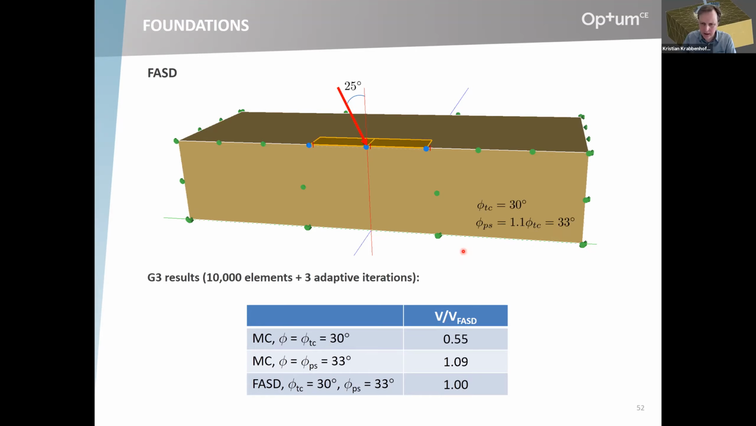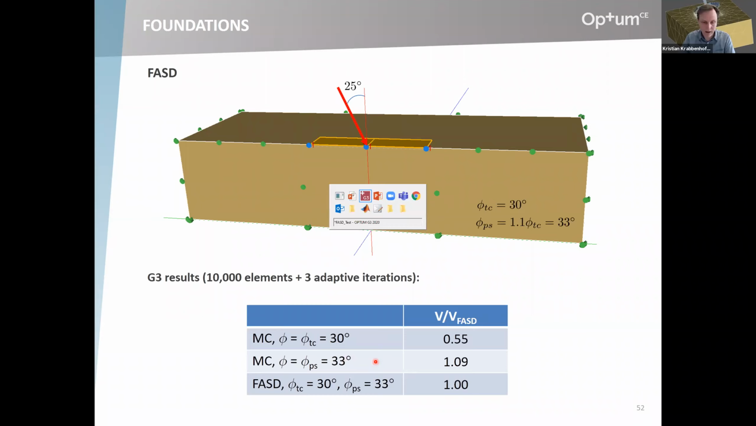So an inclination of 25 degrees. And the results here in normalized form, so FASD is 1, and then the Mohr-Coulomb with the plane strain angle is 9% above, and then the Mohr-Coulomb with the triaxial angle, about half the capacity. So in this case, the results are much more reminiscent of a Mohr-Coulomb with the plane strain angle, of course,